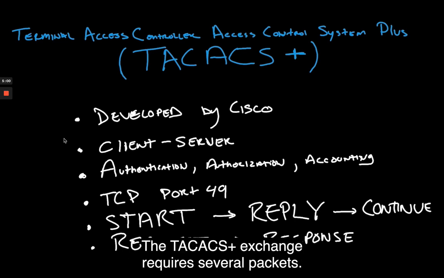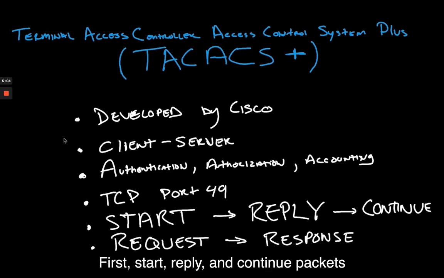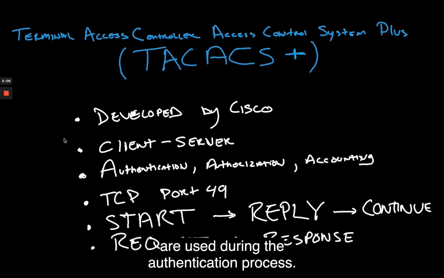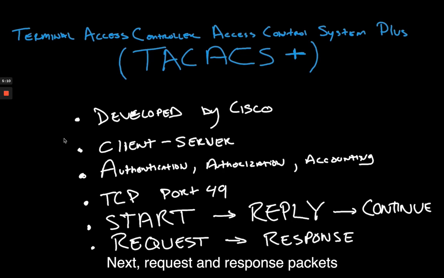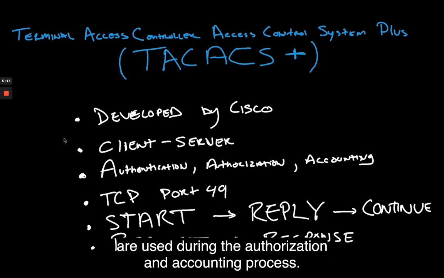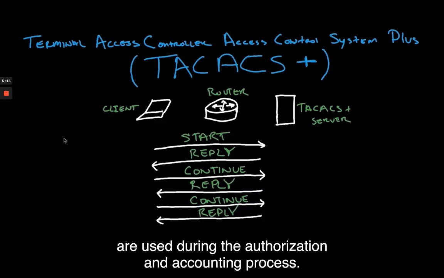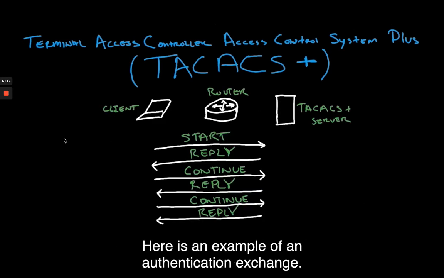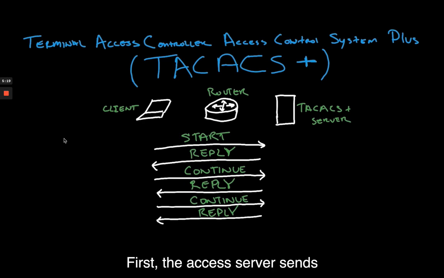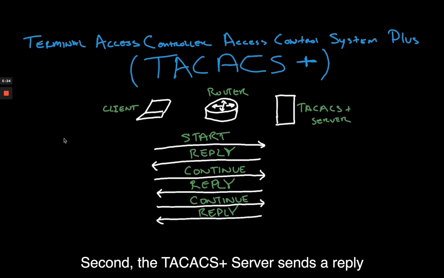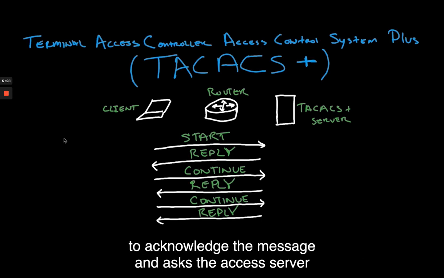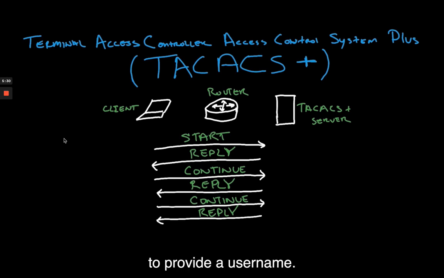The TACACS Plus exchange requires several packets. First, start, reply, and continue packets are used during the authentication process. Next, request and response packets are used during the authorization and accounting process. Here is an example of an authentication exchange. First, the access server sends a start authentication request. Second, the TACACS Plus server sends a reply to acknowledge the message and asks the access server to provide a